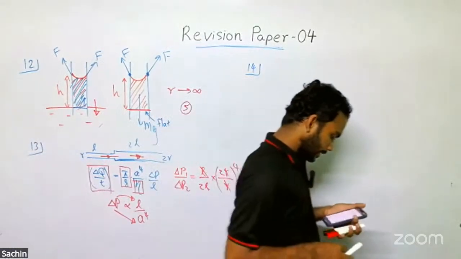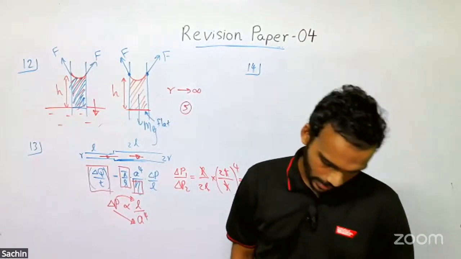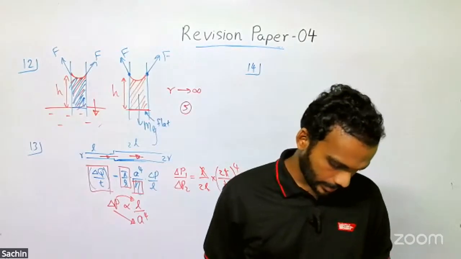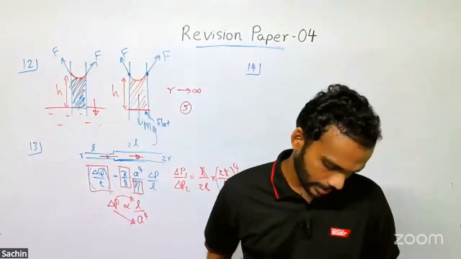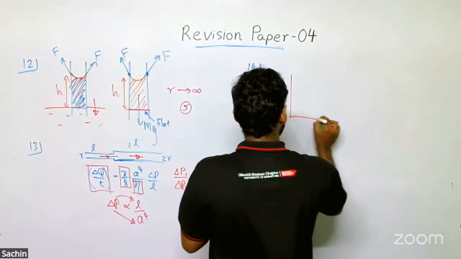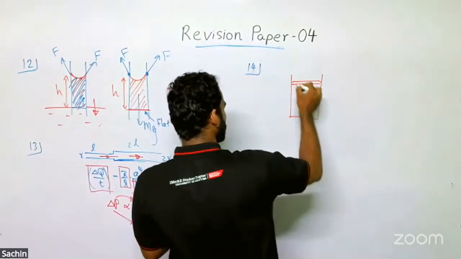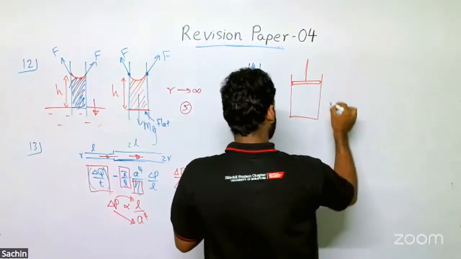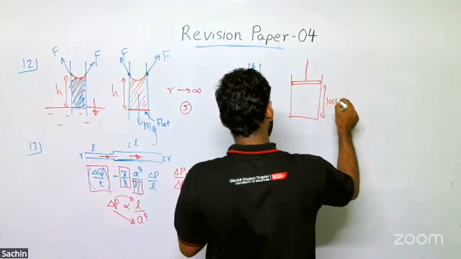Okay. A cylinder contains a mass of air enclosed by a light, smooth piston. The atmospheric pressure is 10^5 Pascal. When the piston is free, the length of the air column is 10 centimeter at temperature 27 Celsius. So there is this vessel, and the air inside this vessel is held using a piston. Initially, it is free. So when the piston is free, the length of the air column is 10, and the